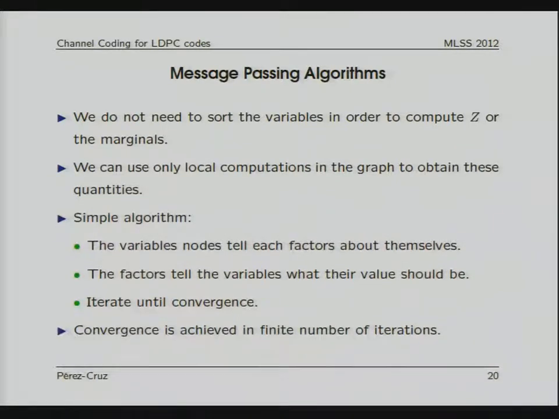Okay? So the idea is very simple. I'm a variable x1 and I want to know what my value is. Okay? So I expect all the factors that are connected to me to send information that they know about me that I didn't tell them before. And I'm going to tell each one of the factors the information that I know about myself that they didn't know about me. Okay? This algorithm works, and it works in a finite number of iterations if, and this is a big if,